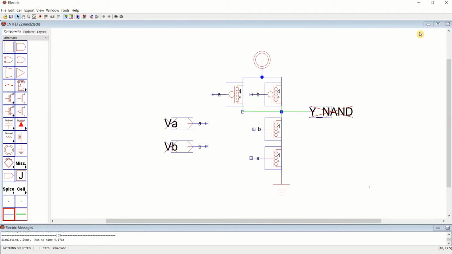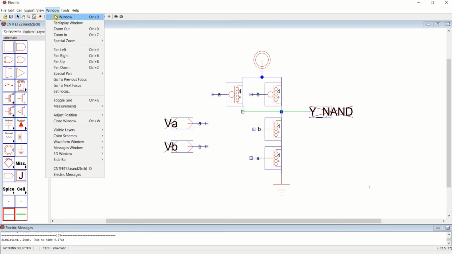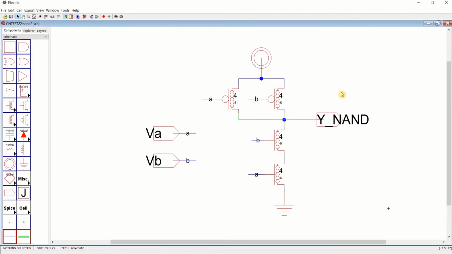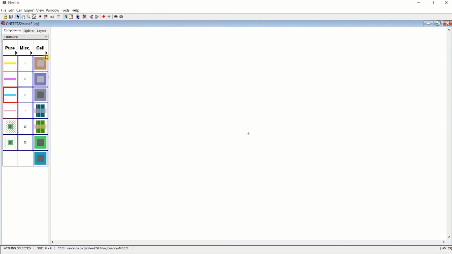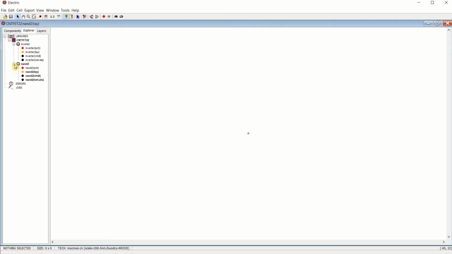Now I want to perform the layout view. See, this is the schematic view. Now I want to convert this schematic into layout. For that, go to the cell, new cell, select the mode as layout and define the name same as that of the schematic, NAND2, so that they form a group and have the same names in the schematic and layout.